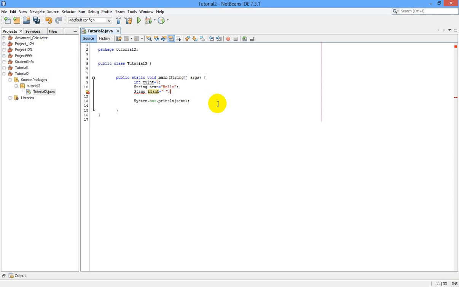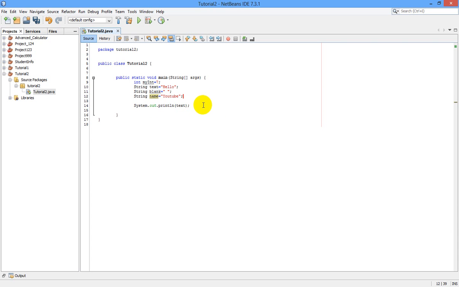And I will create another string called, so there is a spelling mistake here, string, I will create another string called, suppose name is equal to YouTube. Now I have created 3 strings. I can add all these 3 strings together.